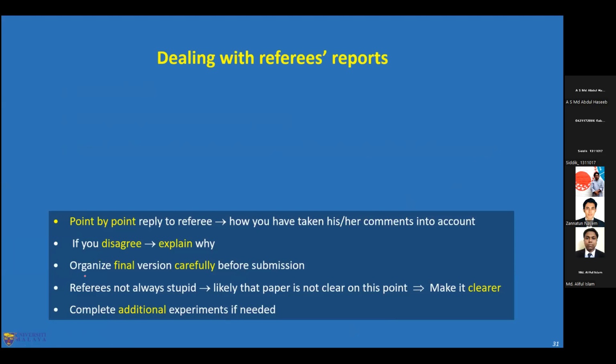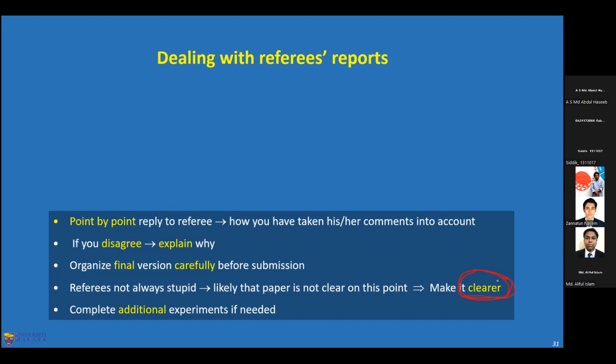Some authors think that they know the best and the reviewer doesn't know. They're stupid, so they're making all wrong comments. But that is not the right approach. If the reviewers could not understand it, this means that there is some problem in the paper. And it's our responsibility as the writer of the manuscript to make it more clear, to put a lot more effort in the writing, in the presentation, so that the thing that we want to say is easily understood by